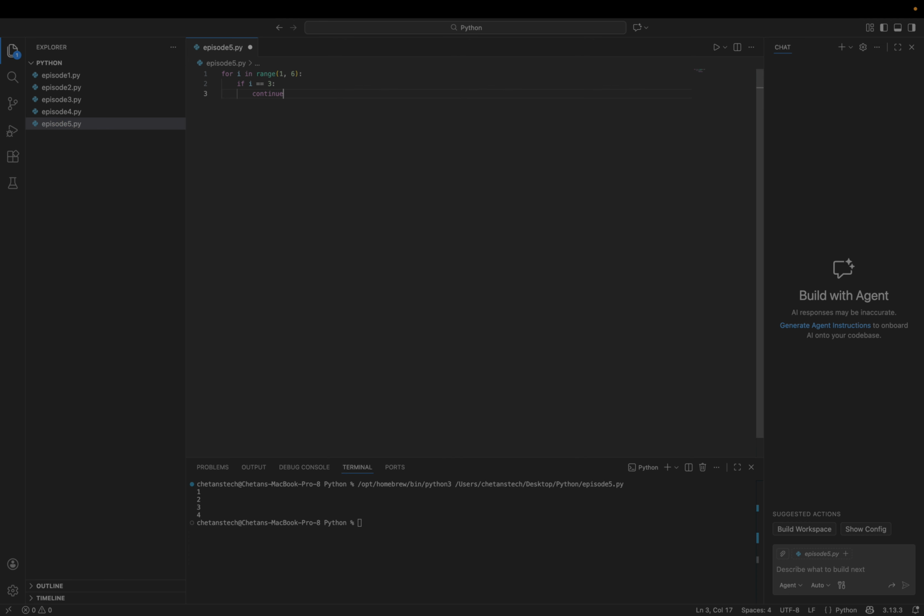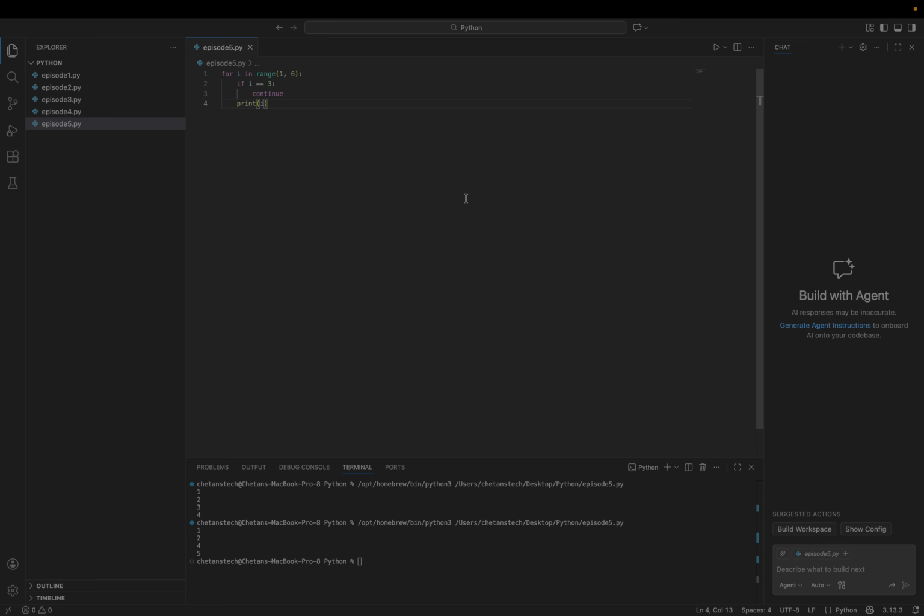We don't want to do anything else. We want to print I. Let's run this one. And you see 1, 2, but we do not want to print 3. So we skip 3 by using the term continue. 4, 5. So continue skips the current iteration and moves on.